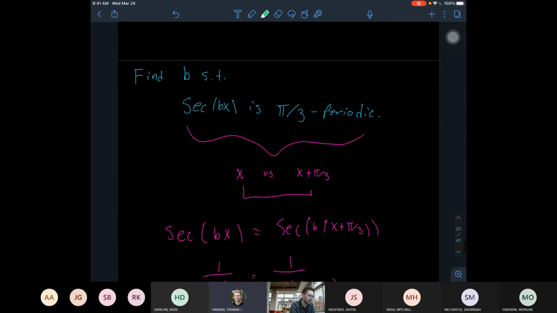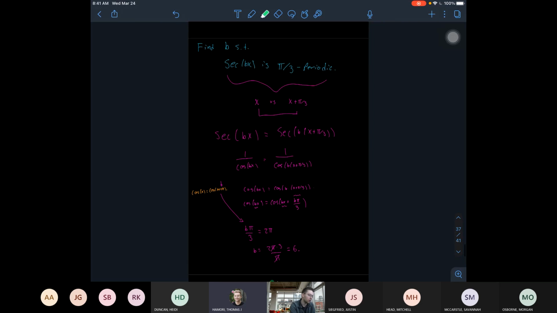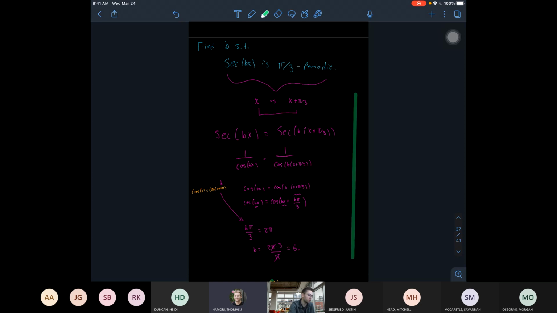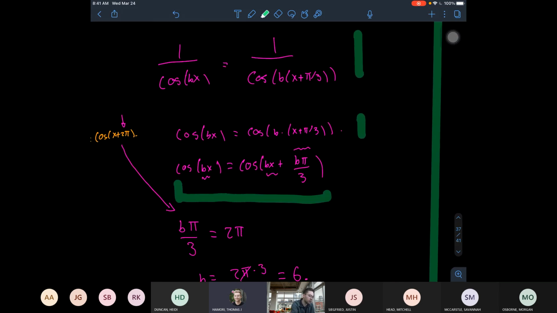Okay, and then finally we finished up with this example. The goal for this example was to find a value b such that secant of b times x is pi over 3 periodic. We did that in two ways. The first way was kind of algebraic or analytic. We rewrote secant as 1 over cosine, and then we said, well, if those two things are equal, then the cosines have to be equal. And then we used the fact that we knew that cosine of x was already 2 pi periodic